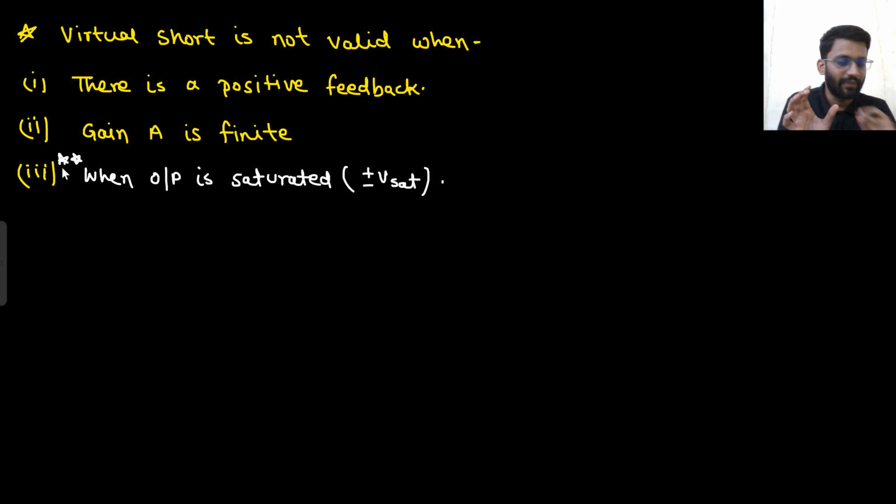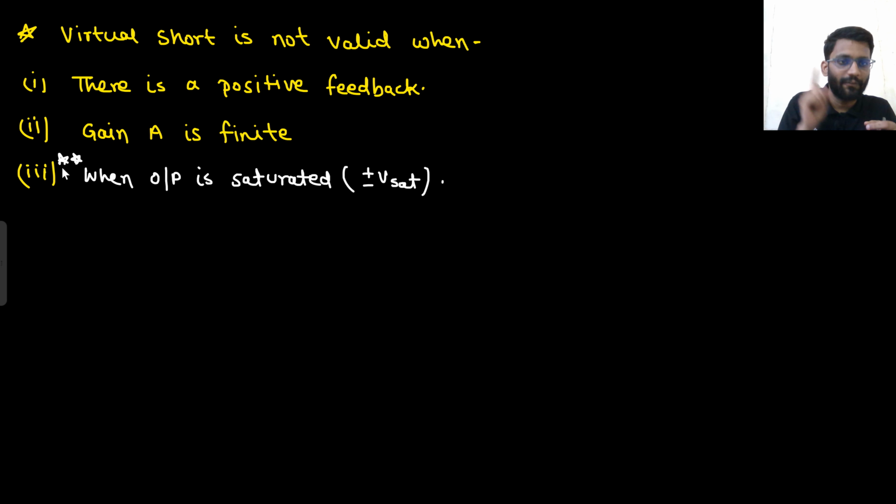We will deal with some circuits when we go deeper into the OpAmp, where even if the output is saturated, the concept of virtual short will still be valid. So this is not certain, but at first glance,